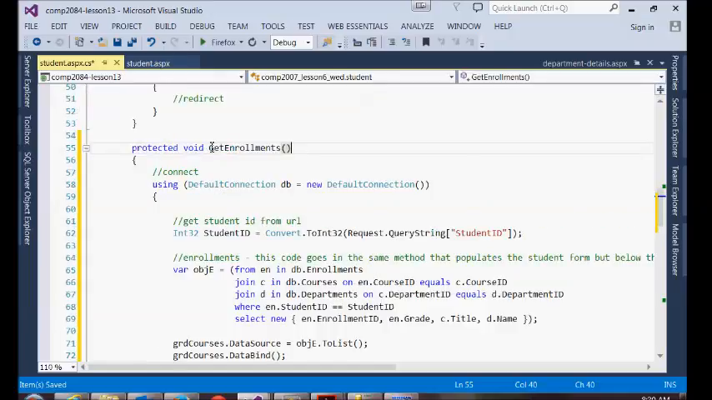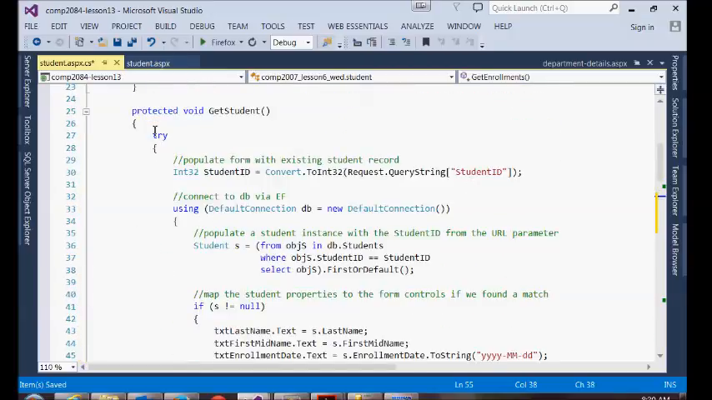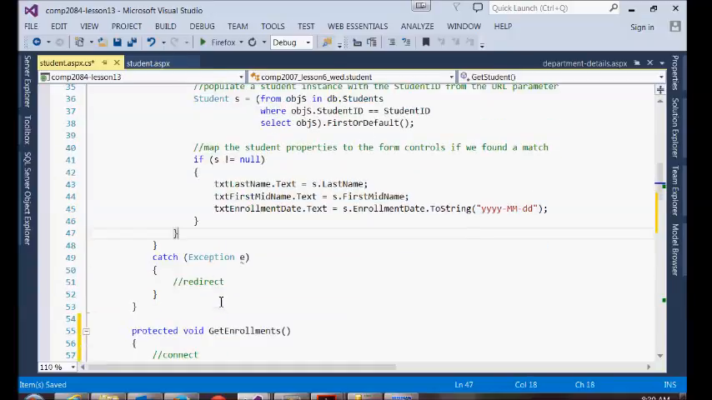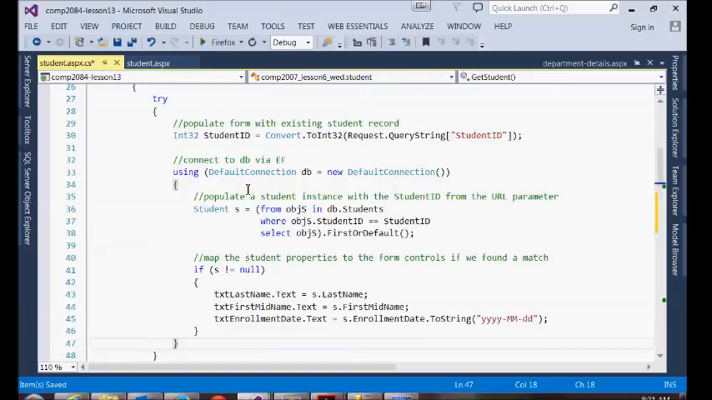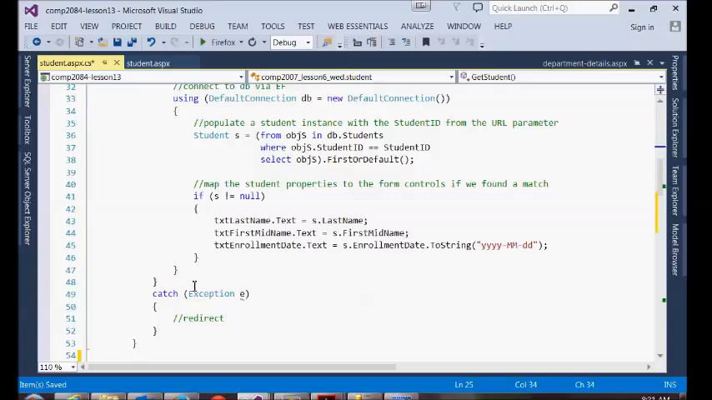Now this function won't do anything yet because it's not being called from anywhere. So in our get student method, after we look up the student and fill our 3 text boxes, where are we? Sorry, we're in the get student method. Okay, and down near the bottom,